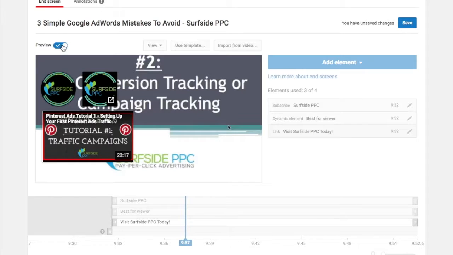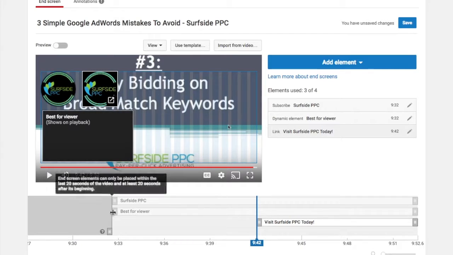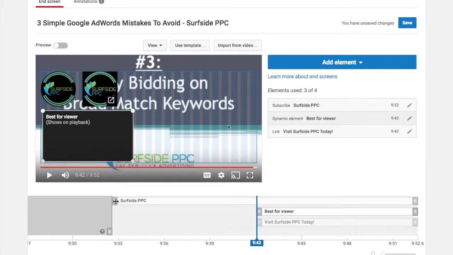And this is the next thing that we can do here is move these over. So I can say, you know what, I don't want this to show up till it goes to 9 minutes and 52 seconds. I don't want it to show up till 9 minutes and 42 seconds. You could also have these come in at different times. So you can go one a little bit later, one a little bit earlier, but I'm just going to line them all up. And this will automatically line up now to 9:42. Once we click save,